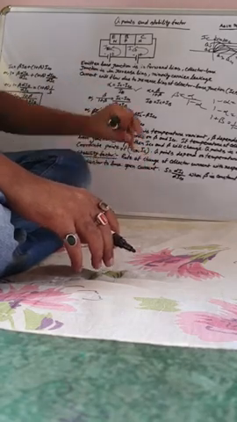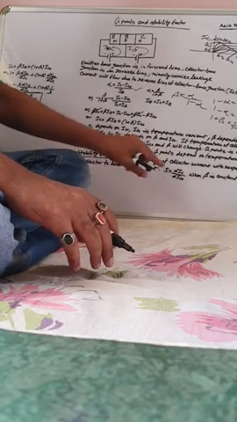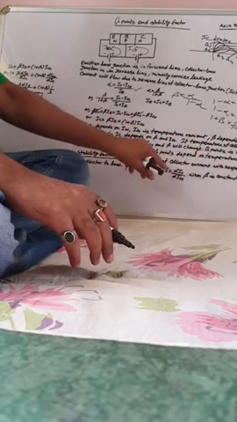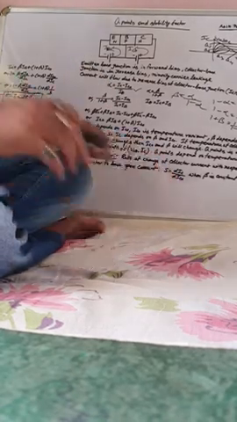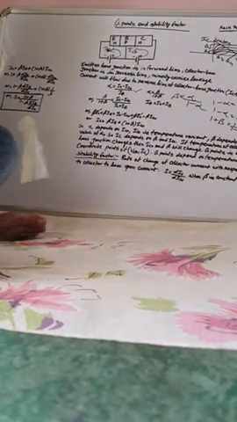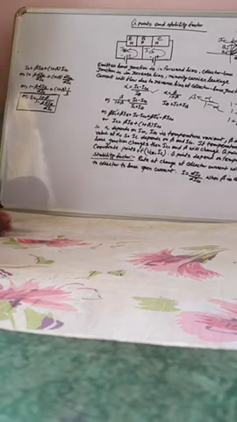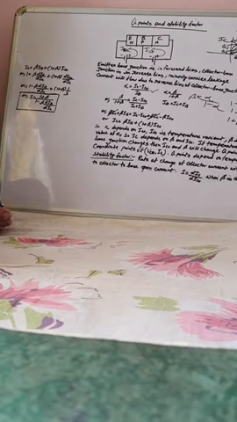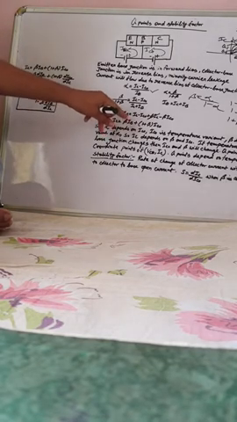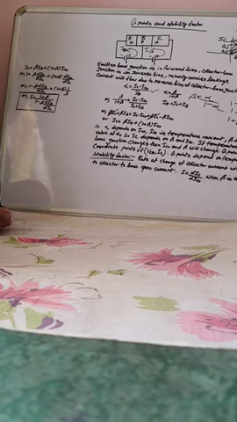The stability factor definition is the rate of change of collector current with respect to the collector base open current ICO when beta is constant. This is the stability factor. Now this is one definition of stability factor. This is another formula of stability factor, where we use IC equal to beta IB plus (1 plus beta) into ICO.